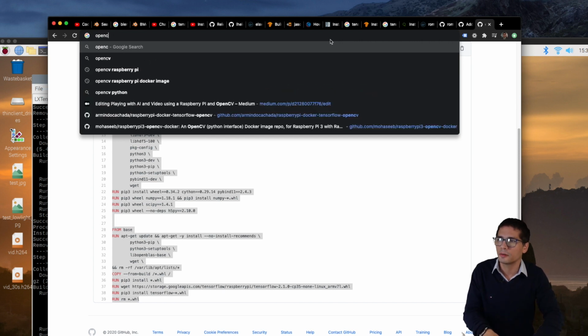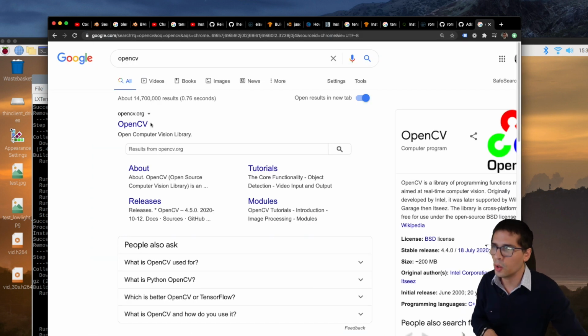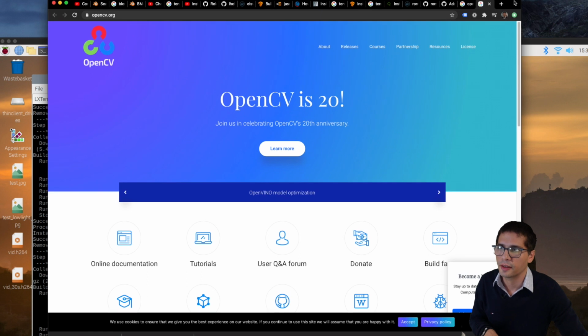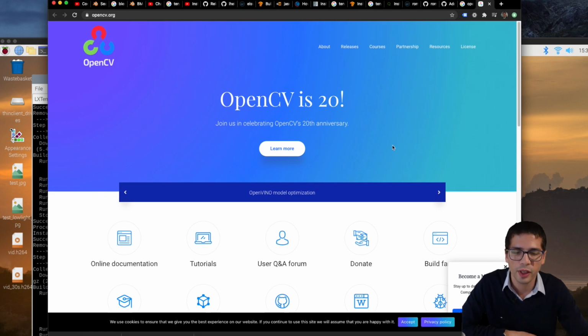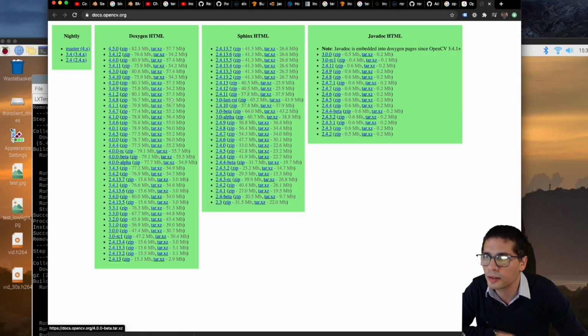I don't know if you heard about OpenCV or not, but OpenCV is a fantastic framework for manipulating video. If you ever study computer vision, you'll come across OpenCV for sure. It's the thing that you must learn, and we're going to use this in the project. Another fun thing is going to be to try and install OpenCV in a Raspberry Pi.